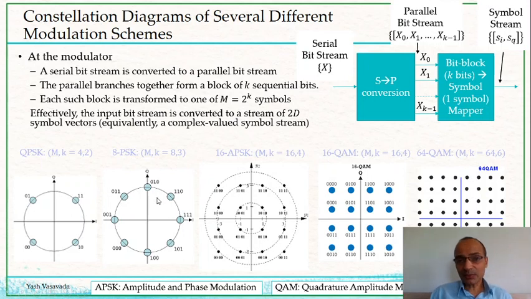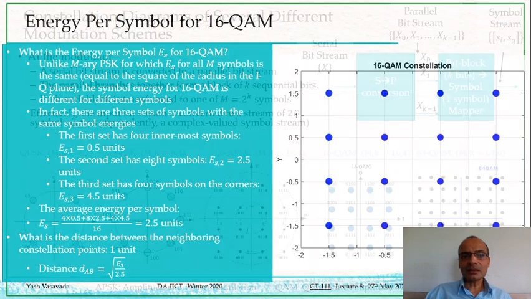But it is possible, you can have such a scheme. And similarly, there will be 32-ary APSK or 32-ary QAM and so on. So there are many such modulation schemes that are possible. Now, what is